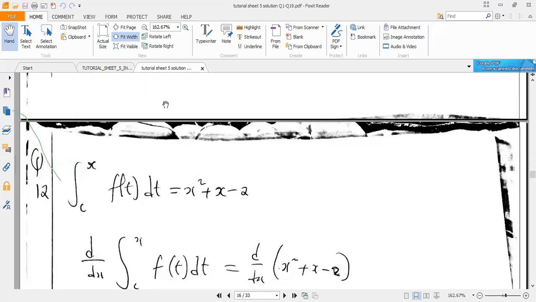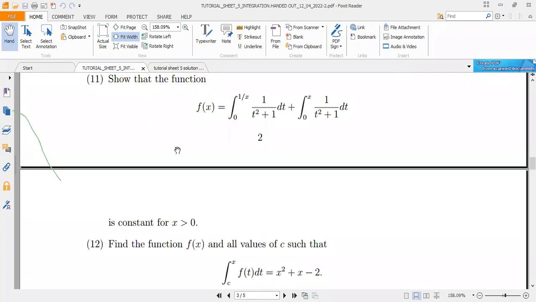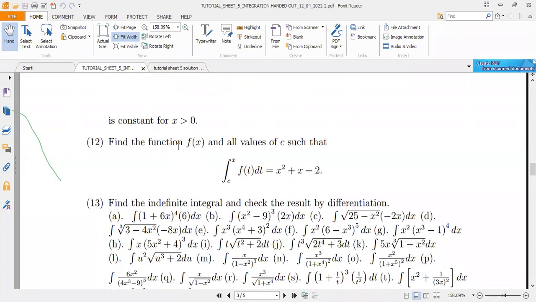Question 12. I think this will be our last one. So question 12, we've been asked to find the function f of x and all values of c such that the integral from c to x of f of t is equal to this part here. So now, when you look at this f of t here, by the fundamental theorem of calculus, you know that